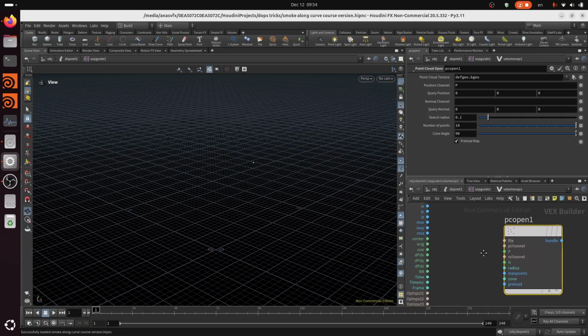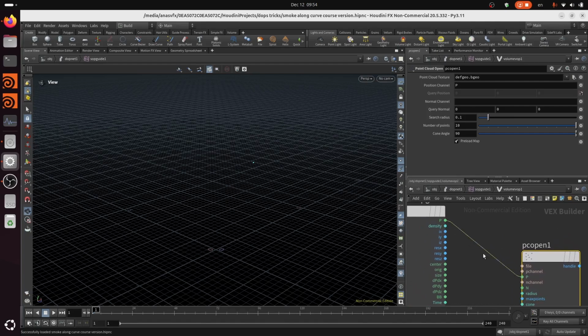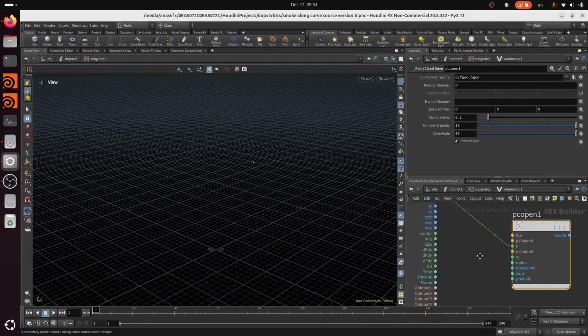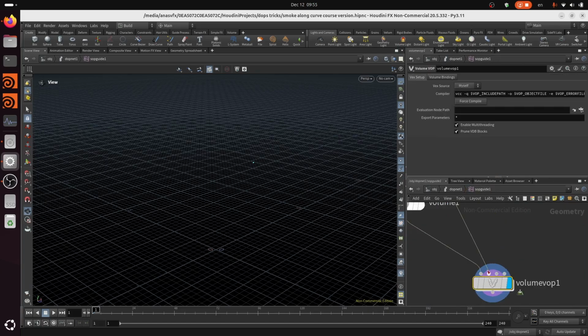Here you have the position, which we will connect to the position of the voxels, and you have the file or the point cloud texture here, which refers to the geometry that we want to search into. So if we connect this now to the op input 2, which is our curve,